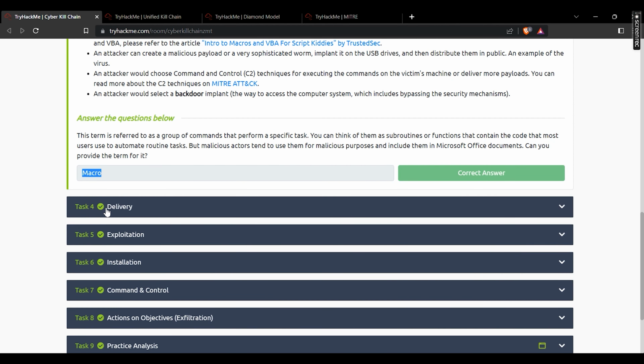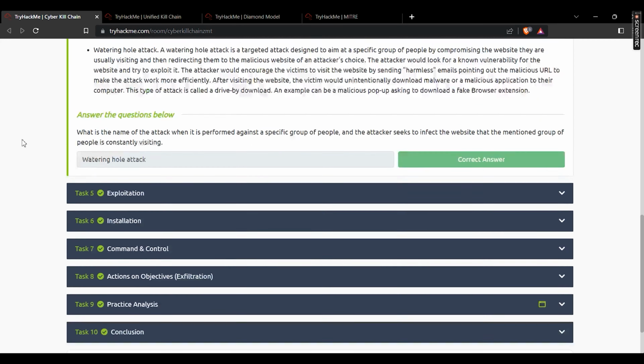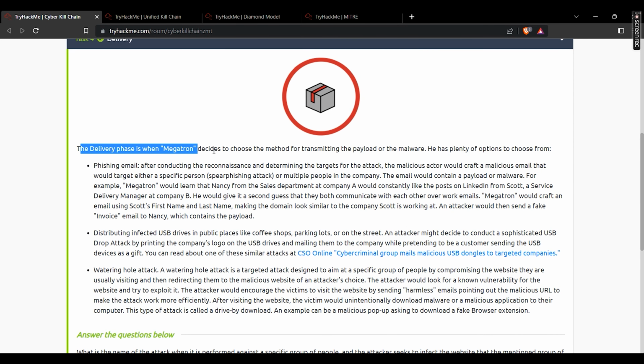Okay. So now moving ahead, task 4 is delivery. The delivery phase is when Megatron decides to choose the method for transmitting the payload for the malware. He has plenty of options to choose from, which would be phishing email, distributing infected USB drives, and watering hole